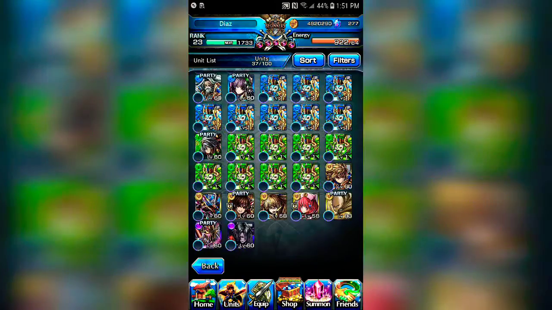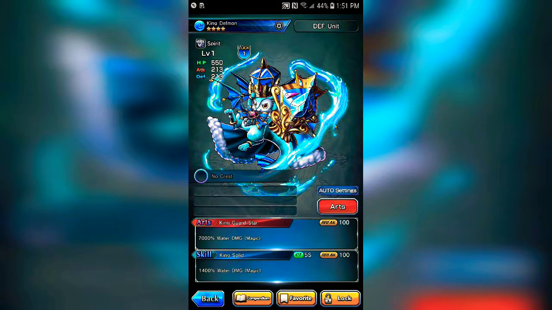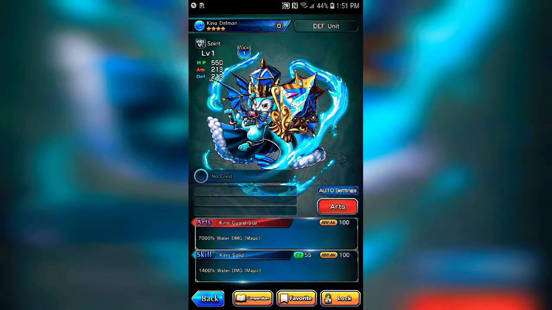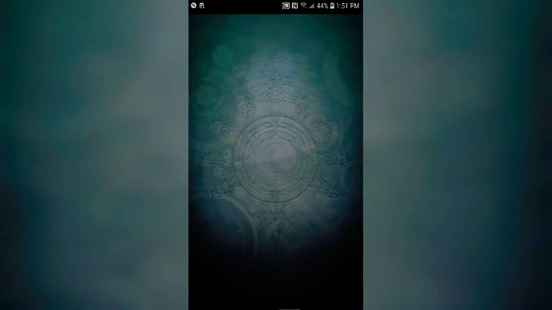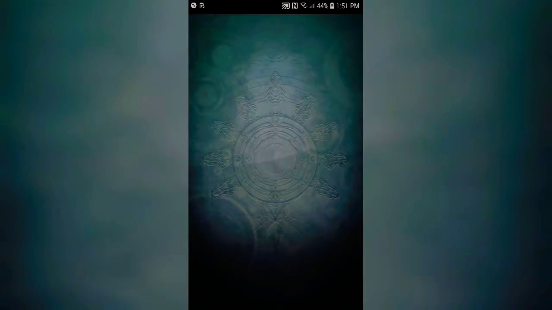Now before I end this video, I want to show you these little creatures right here. They are called the Kilomons. There's the king versions and the regular versions. Right now I only have king versions, but basically these creatures right here, they're fusion units. They're meant for you to fuse your units to give them special buffs. The blue ones are defense. The red one right here is attack. And the green one